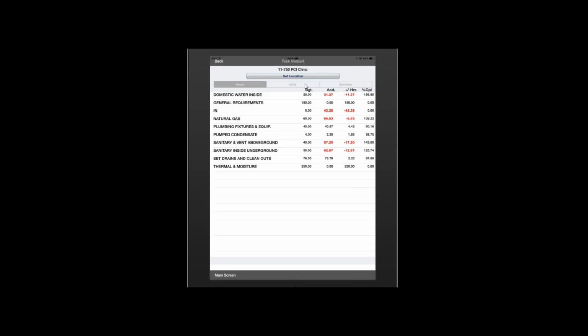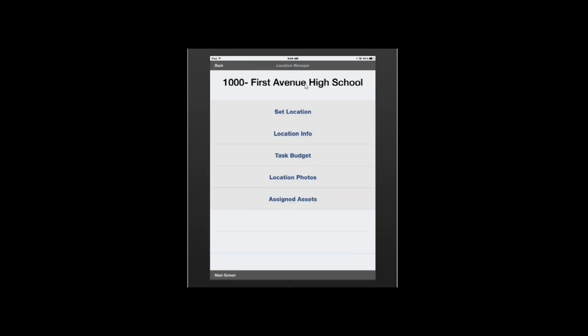Hit the button up here. We want to see the units. I can do it. Or I want to see the total summary. Hit that button at the top again and see the summary. Very powerful information for us to be real time on top of those particular items right there. Okay? Another thing that we'll kind of explore, and then we'll jump out of this and get to another point here,